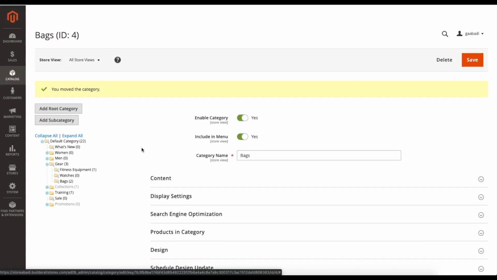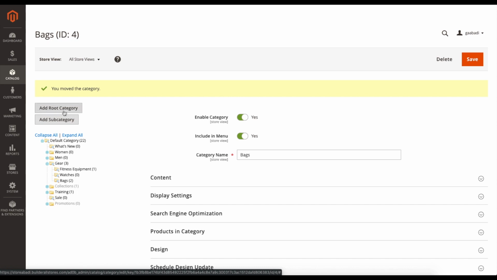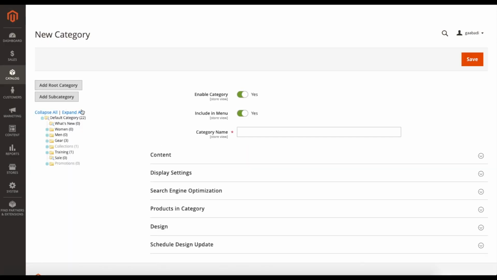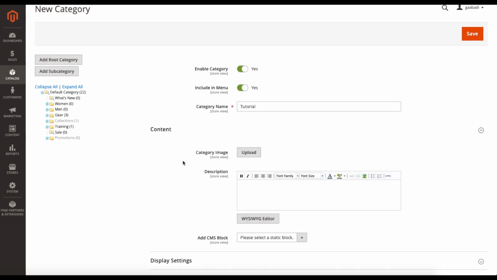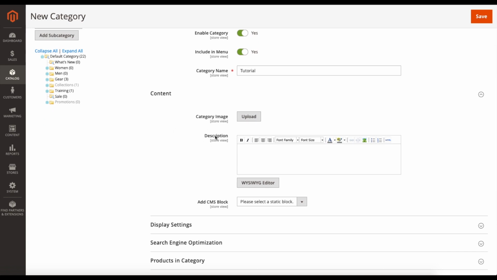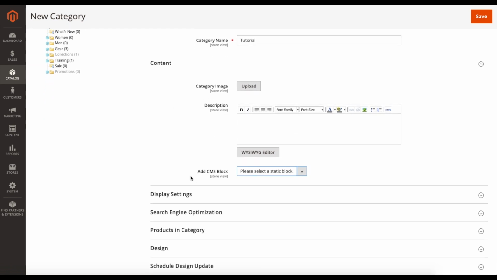And boom, there we go. If we want to add a root category, we're going to click here. We're always going to select enable it and include in menu so people can see it on your menu. On the category name, I'm going to put tutorial. As always, on its content, you can upload an image, you can set a description, and you can also add